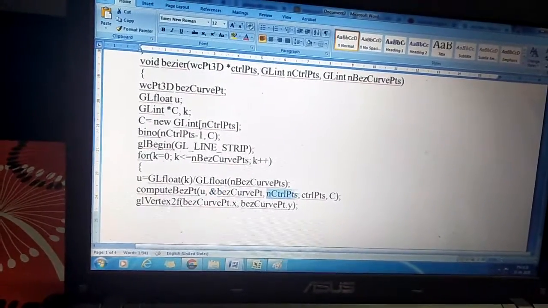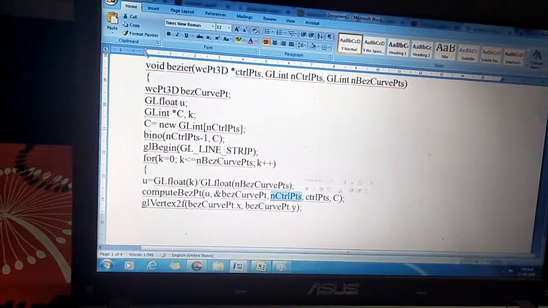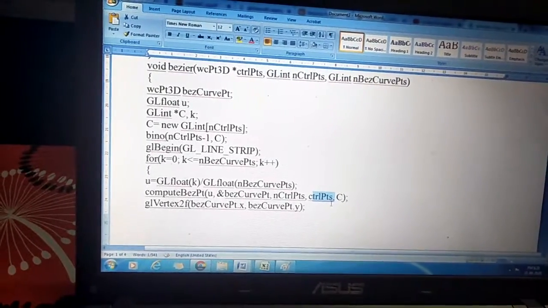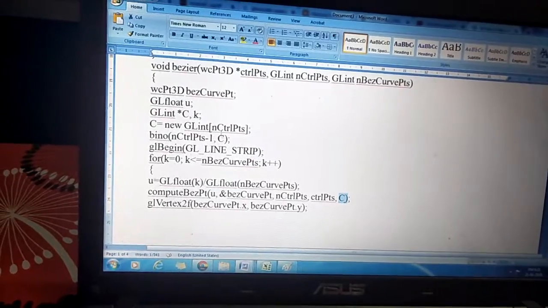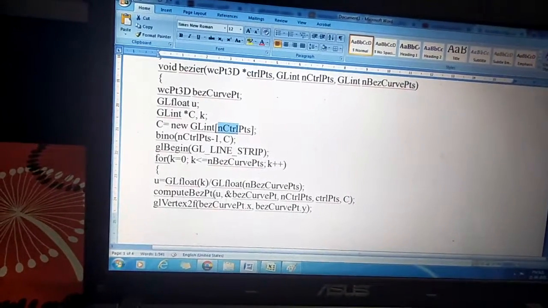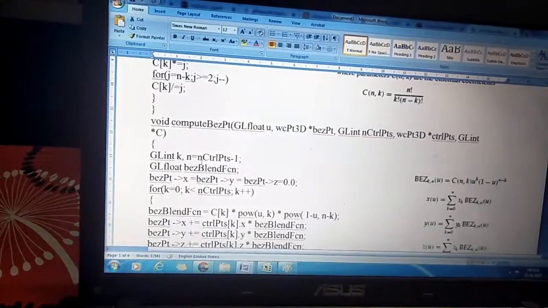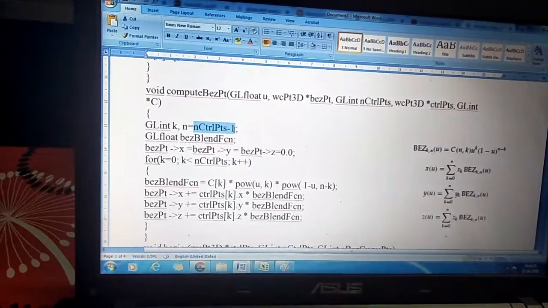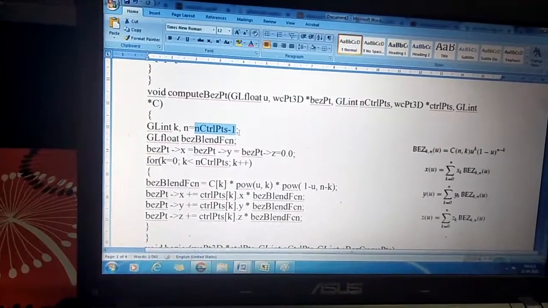Next, n control points, which is 4, and this contains those 4 control points, 20, 100, 30, 110, those values, and the c that is pointed to this new array. I'll be passing this. So with respect to the control points, the degree will be minus 1. So the n value will be n control points minus 1.